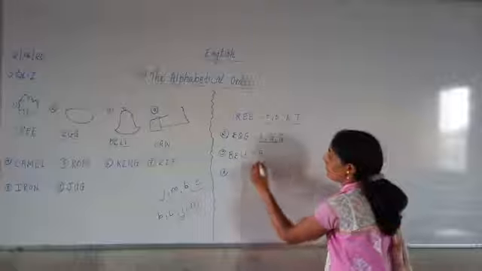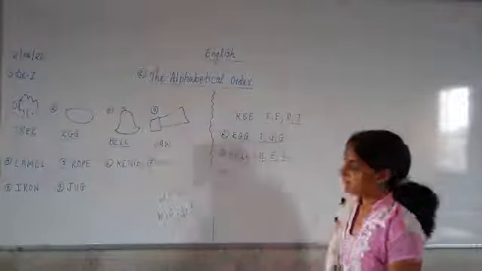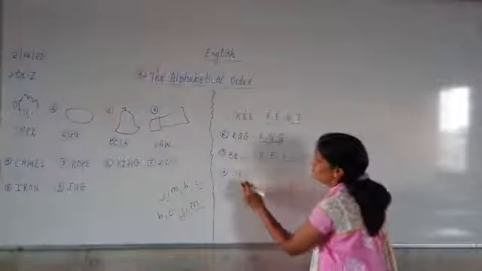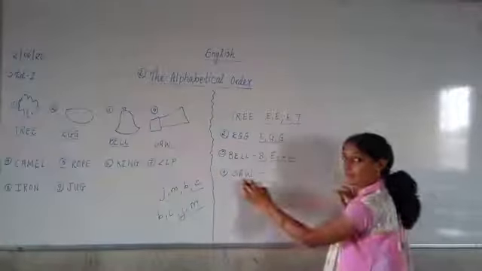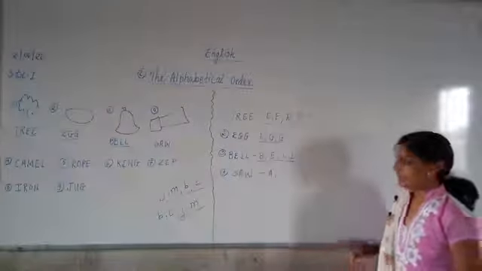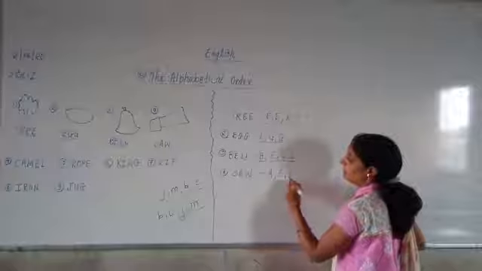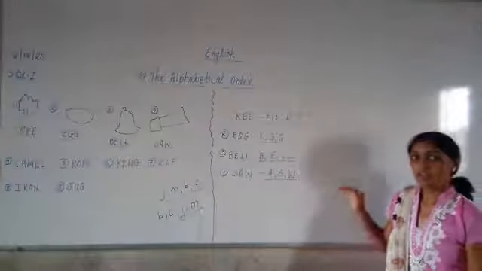Next word which is given in the picture is saw. S-A-W. Now here there are so many changes. Which letter will come first? A will come first. After A, which letter will come? S will come. And after S, which letter will come? W will come. Understood? We are arranging them in alphabetical order.